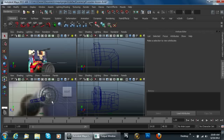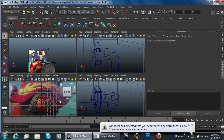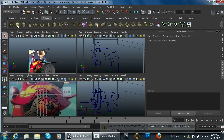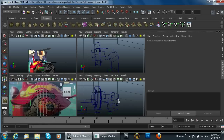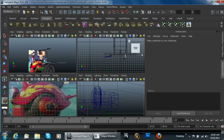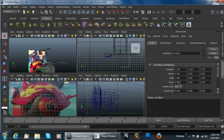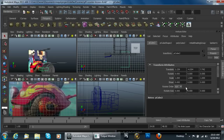We're going to go ahead and, in our side plane over here, because we have it kind of centered where it needs to be, not perfect, but it's somewhat in there. So I'm going to go to polygons, select the polygon cube, and simply drag out a selection here, and then in the top view, drag out a selection about there. And we're going to go ahead and change the